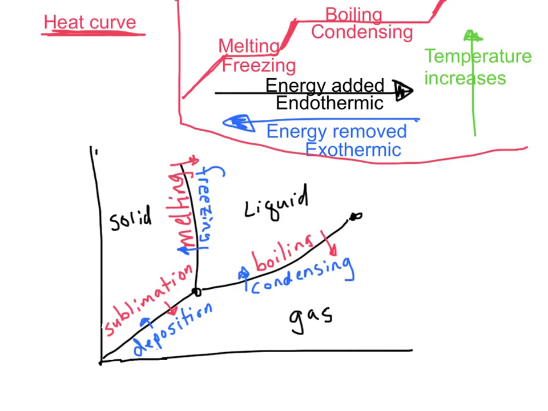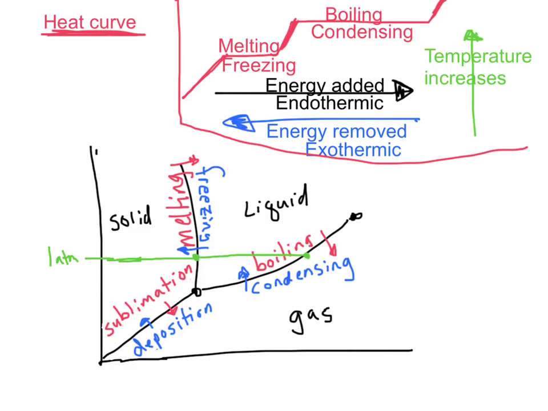Now remember the other things on this diagram down here at the bottom. If I have 1 atmosphere being right here, and I go across and I hit this line, that becomes my normal freezing point, what we consider our normal freezing point. And I come around to hit this line, that's my normal boiling point. These are when the vapor pressure is equal to the boiling point for the normal boiling point is at 1